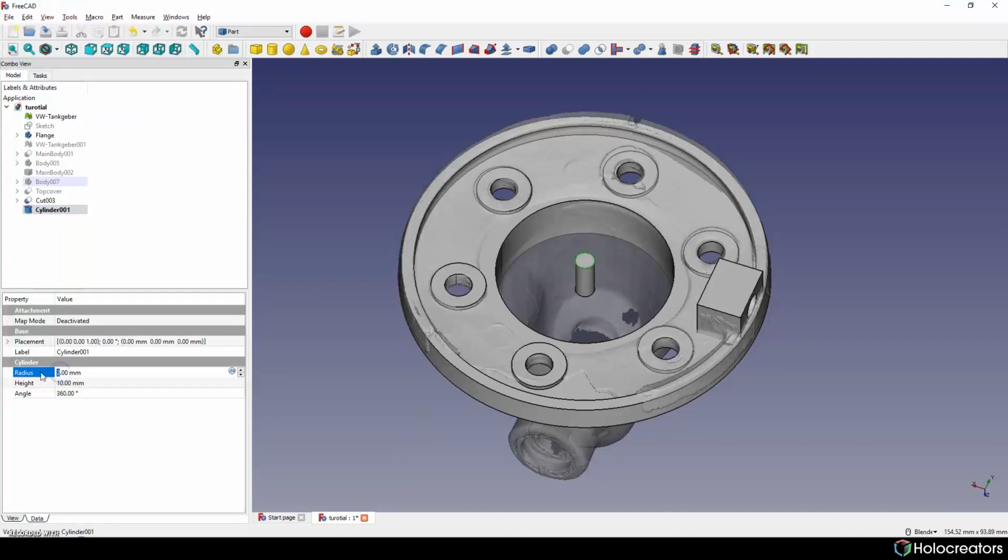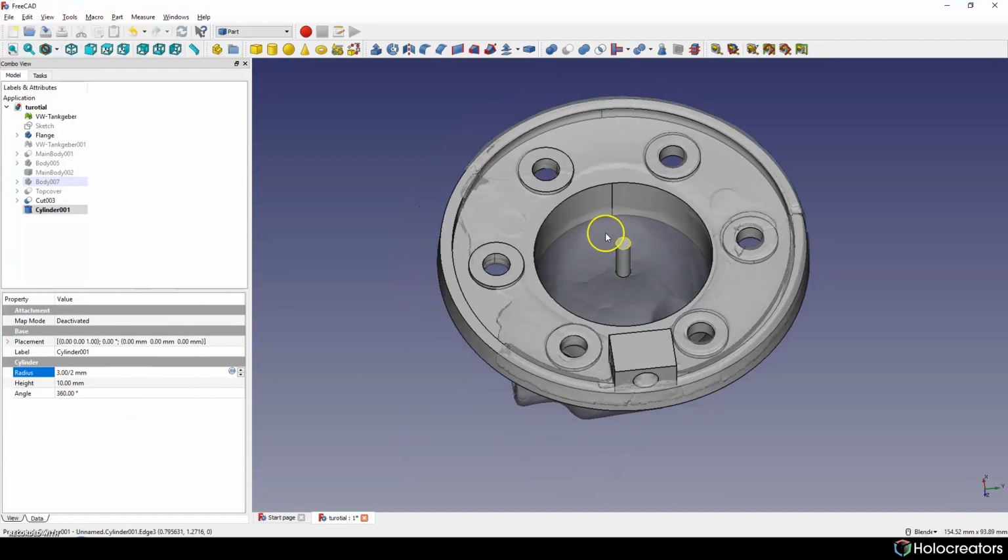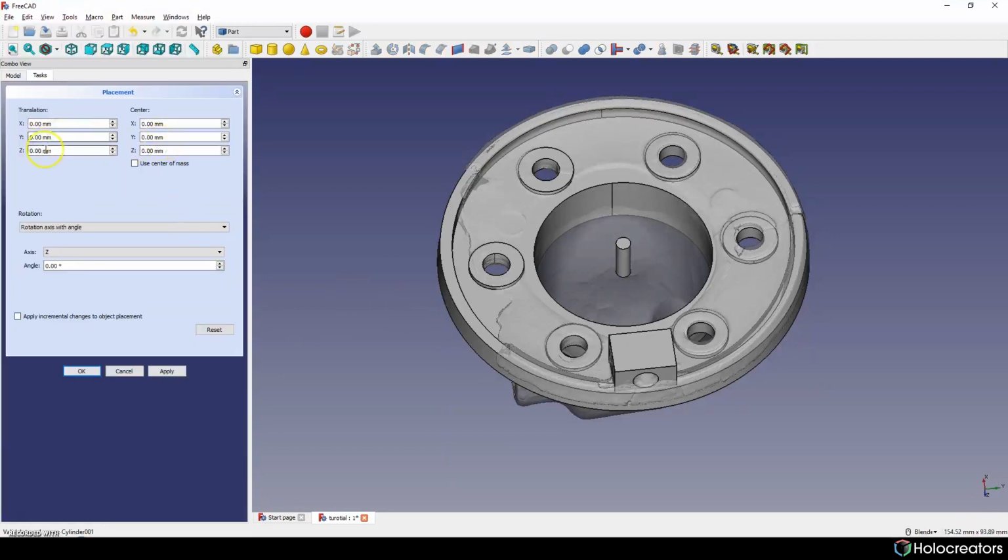Let's make it radius 6 divided by 2. Oh, 3 divided by 2. And only we have to place it in a different place.